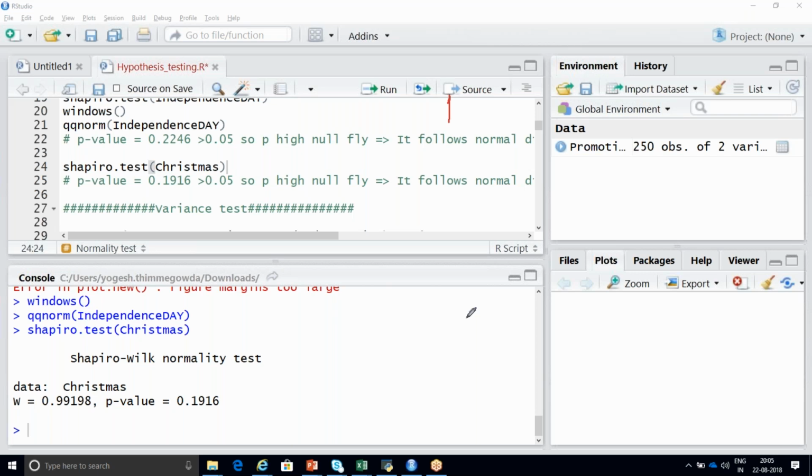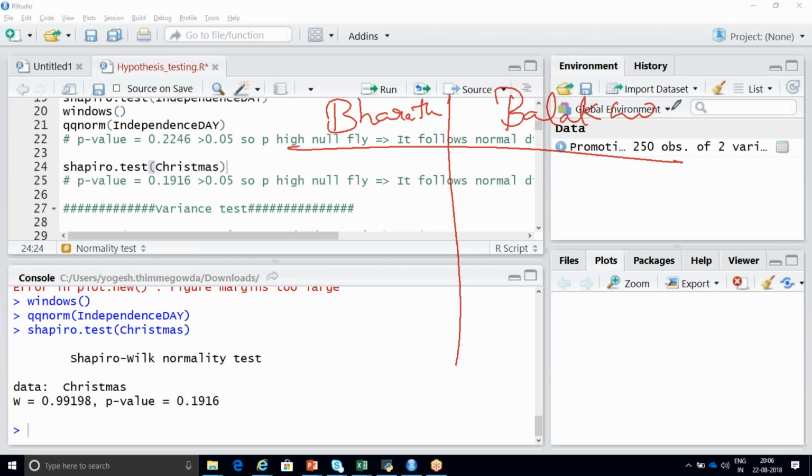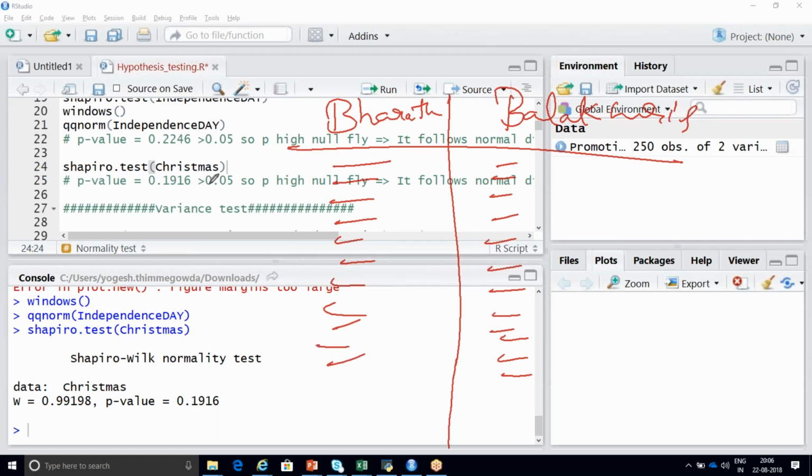Now Bharat is using his credit card to purchase some products. Balakrishna is using his credit card to purchase some products. In the year 2018, each of them might have done 250 transactions. Try to correlate my example with this example. You might have spent some amount, whatever the amount in your Excel sheet. Now you are checking,